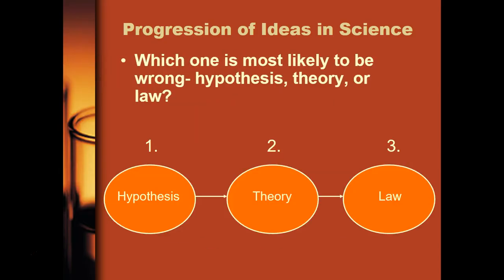So if we look at these in terms of one being more likely to be wrong or unsupported, your hypotheses are going to come first. They're going to be the least supported with the least amount of evidence because they're so specific to a single experiment that may or may not have been even run yet. Your theories and laws are in this progression of theory perhaps being a little less supported than a law, although, once again, I would even beg to say we could draw a double arrow here and say these guys are kind of on the same plane because this is explaining why something works, this is explaining what is happening, but not necessarily the why behind it.